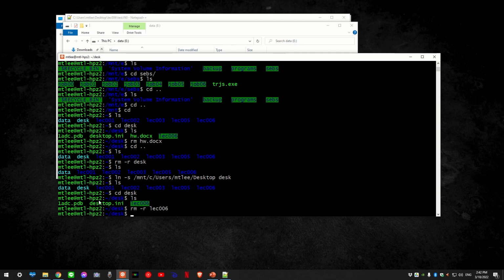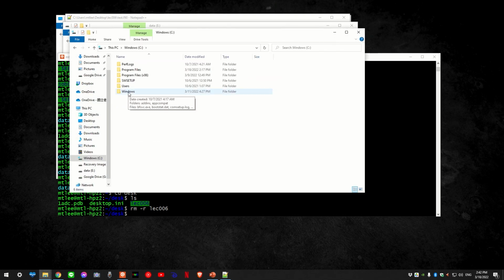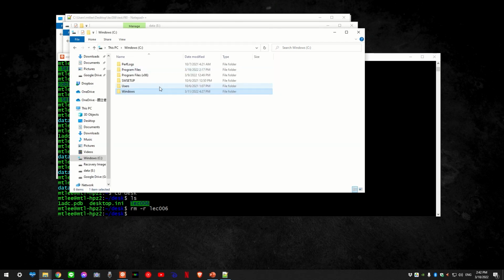Okay, this is how you operate your files in the Linux system and Windows system. You need to play with that, but be very, very careful, because inside the C drive, you have your whole Windows system and all your program files. When you are doing this with Linux, Linux won't give you a warning. If you sudo anything, if you remove the whole thing, you can just crash your Windows system easily. Okay, so here is a warning. Please be very careful if you are operating on your Windows system files using Linux. Please do not remove or modify the system files. You only want to play with your documents, which are inside your user folder, okay? Thank you.